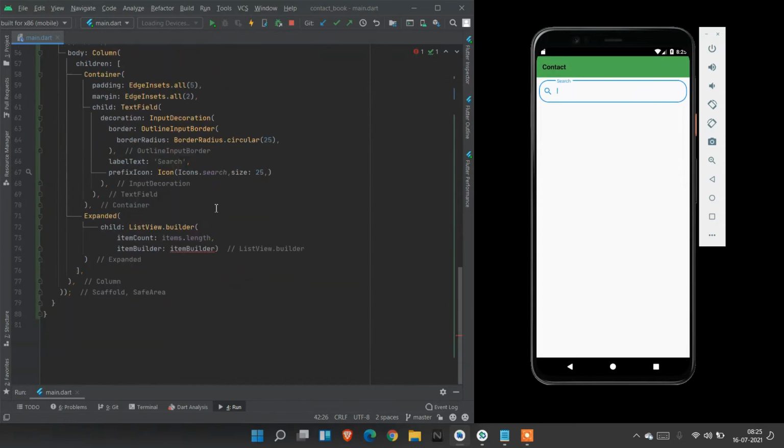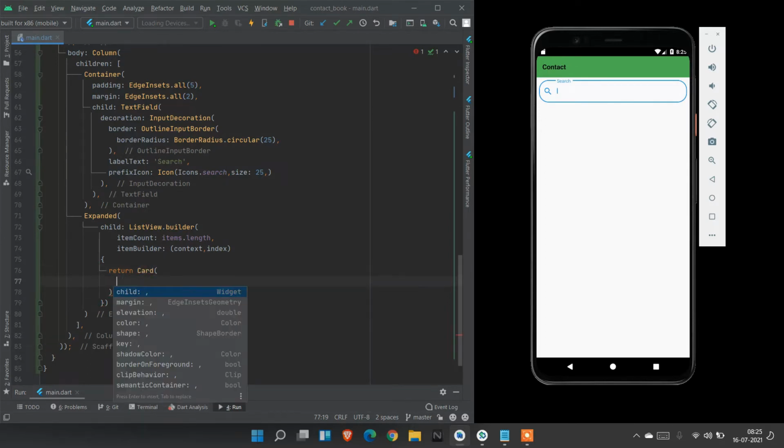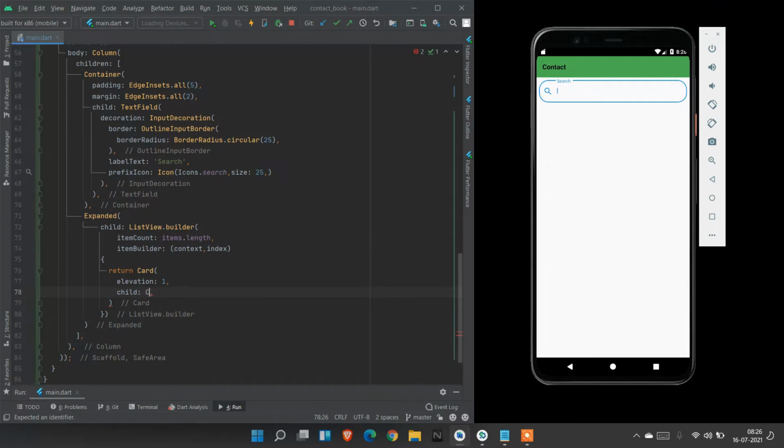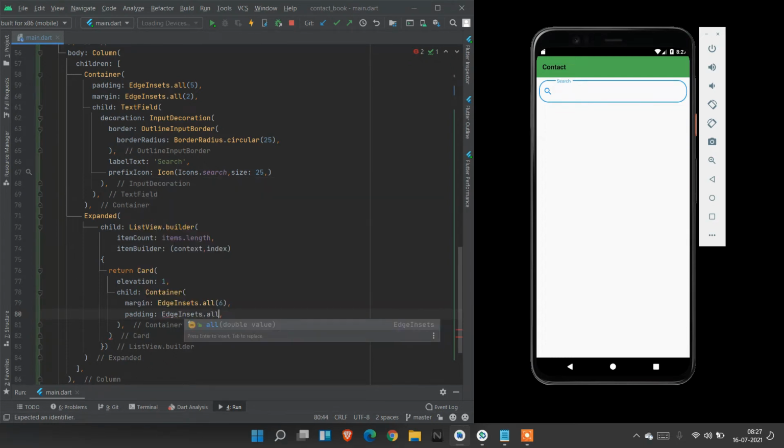Now we are going to display the items here. Context comma index, and we need to return a Card, and we need elevation to be 1, and we need a child to be a Container, and here inside margin EdgeInsets.all of value 6, and padding EdgeInsets.all of 9.